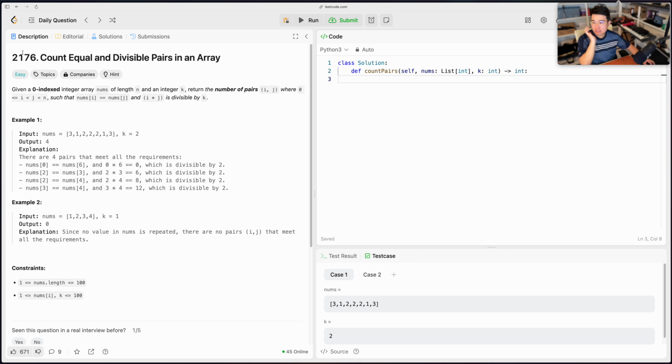Okay, so this should be easy. Hopefully we can do it. 2176, count equal and divisible pairs in an array. Given a zero-indexed integer array nums of length n and an integer k, return the number of pairs (i, j) where 0 <= i < j < n, such that nums[i] equals nums[j]